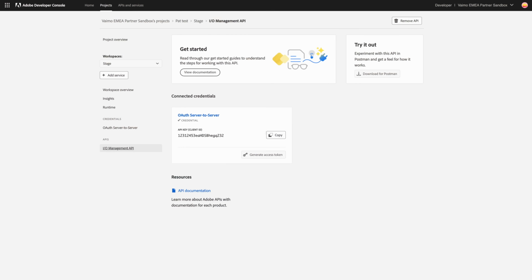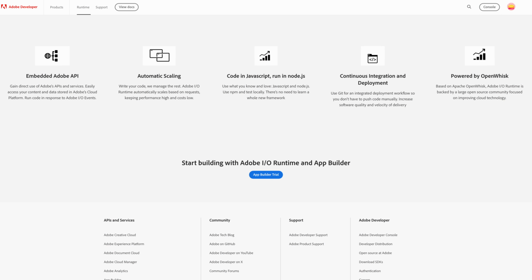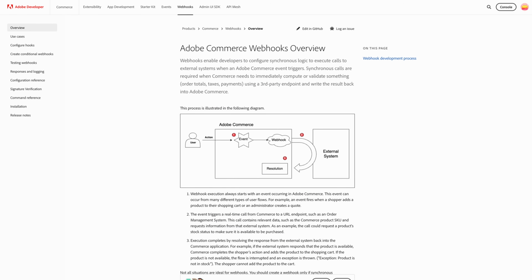process. IO Management API, a service that manages secure authentication and authorization for Adobe services. IO Runtime, a serverless infrastructure for hosting apps, ensuring smooth scalability. IO Events, asynchronous event-driven integrations that allow apps to respond in real time to changes in Adobe Commerce. Then we also get Webhooks, which are synchronous calls to external systems triggered by Adobe Commerce events, and they are